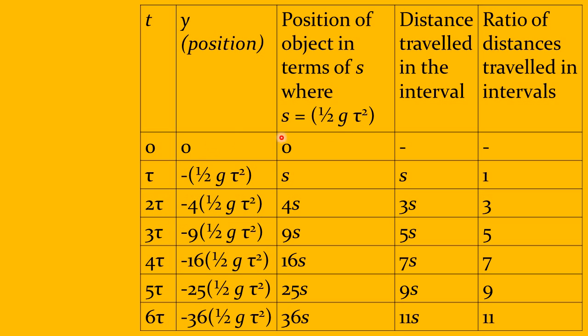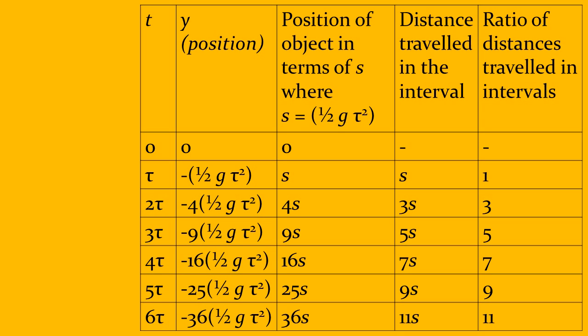Now the first, what is the equation I am using? Distance is equal to half g tau square. So if I put tau is equal to 0, this is 0. And if I put tau is equal to tau, it is minus half, why minus? Because in the downward direction, half g tau square. Now in place of tau, I put 2 tau. The tau portion remains as it is, half g tau square, and 2 square becomes 4. Similarly here, the tau portion remains same, and 3 square becomes 9. So I have got all these things tabulated here.